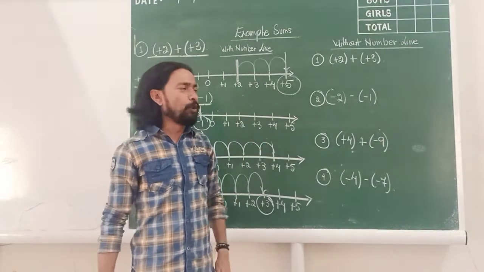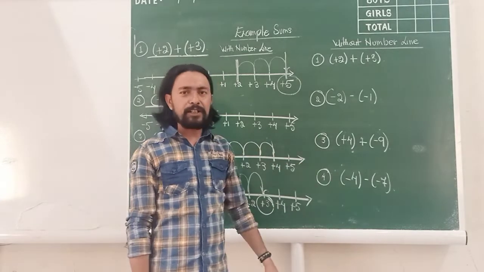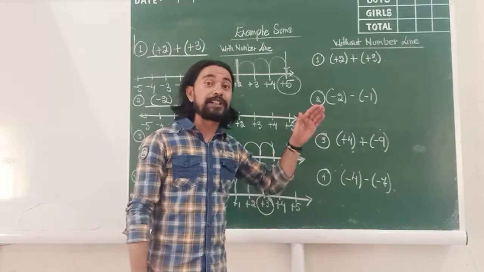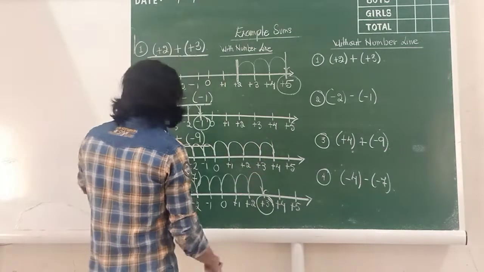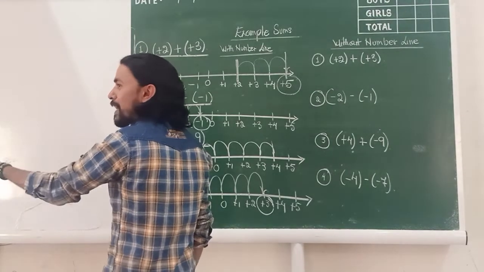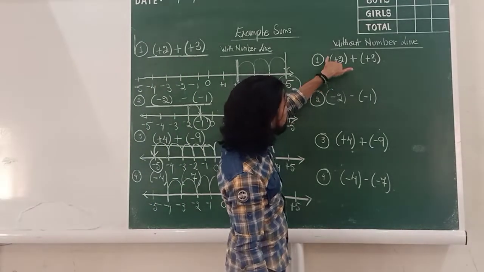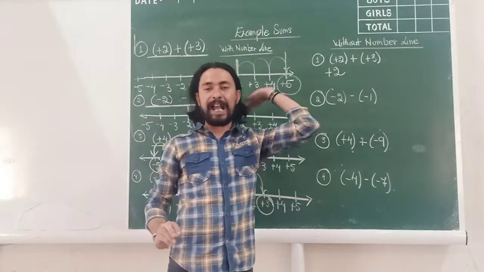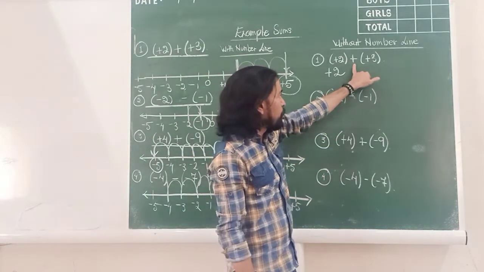Now, what have I told you in my previous videos also when we've used brackets? I've said that to remove a bracket, you must multiply what's outside the bracket with what's inside the bracket. What's outside the bracket to the left hand side, not right hand side, mind you. Always when I'm removing a bracket, I look at what is on its left hand side, outside. If there is something, multiply that with what's inside the bracket and then only remove the bracket. Now here there is nothing to the left hand side of 2. So plus 2 comes out as it is. The first number comes out as it is. No changes.